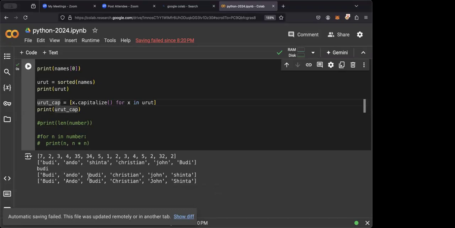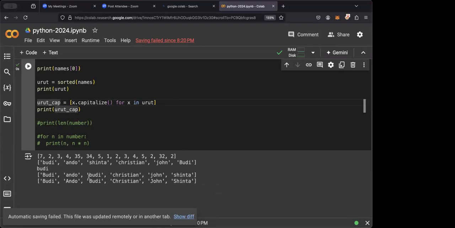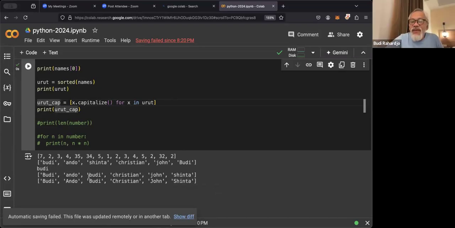Is it also that Python can do things like sex, Pak? I mean, Budi is a man and then Cinta is a woman. No, cannot. We have to pick a list. Yeah. Okay. So this is in Python: you can create lowercase, uppercase. You can also remove duplicates, and so on and so forth. So yeah.